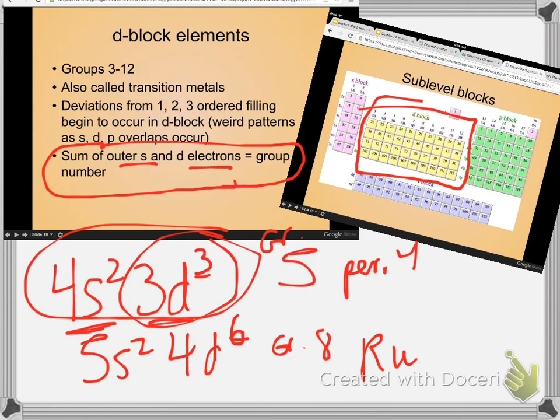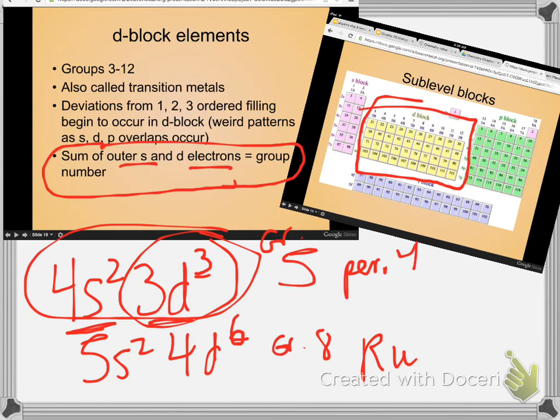The reason it's important to know that, in the d block, is that it doesn't have the same kind of valence electron setup that everybody else does, where it's just the highest main occupied energy level. These d electrons kind of act like they are valence. One of the things that very often happens is, see the d's and the s's here,